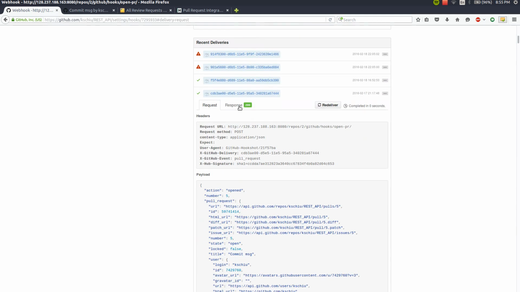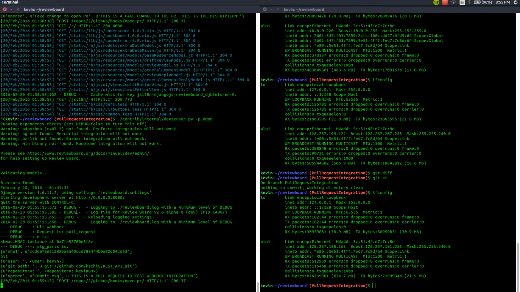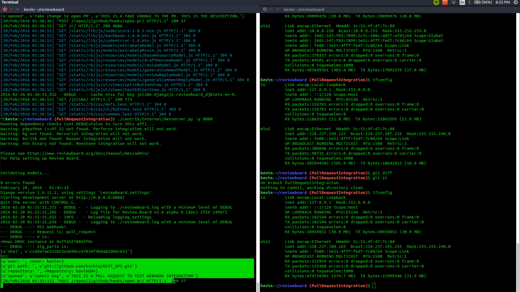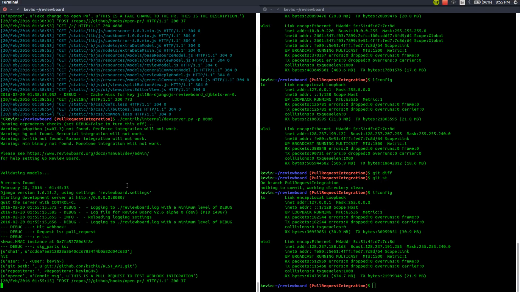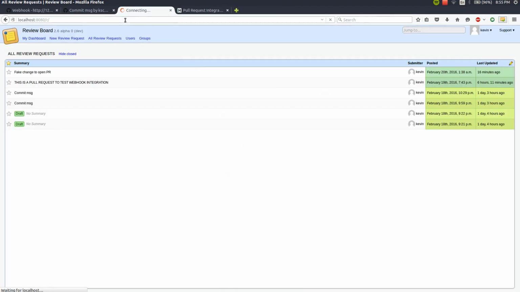And we can see that the response is a 200 response. We can look at the terminal and, let's see. Right, so I put some debugging information right here, and we can see that the route that we hit was repos/chiu/github/hook/openpr. And if we go back to our Review Board instance, we can see that if I refresh this page,